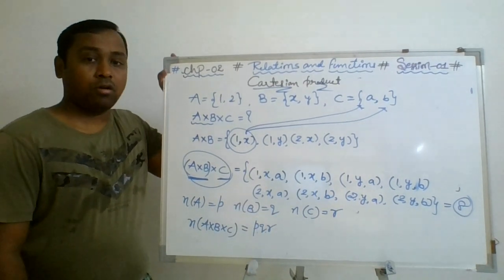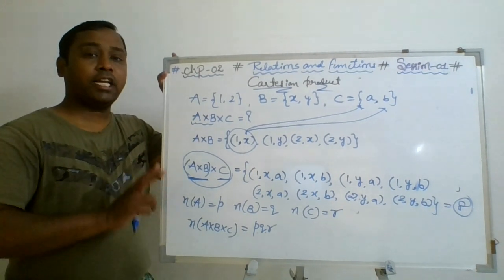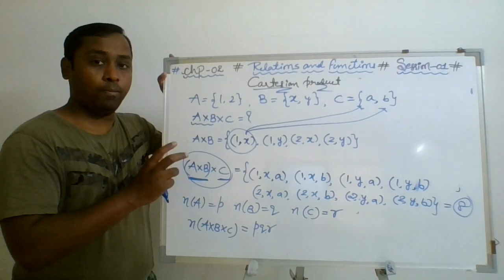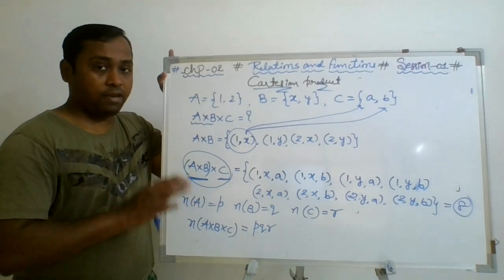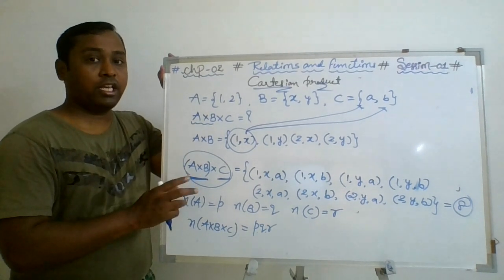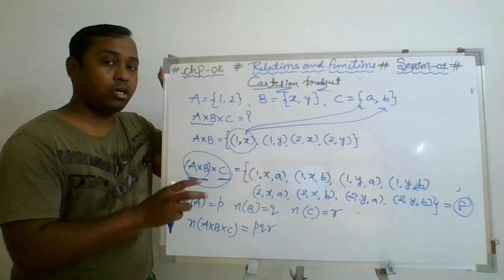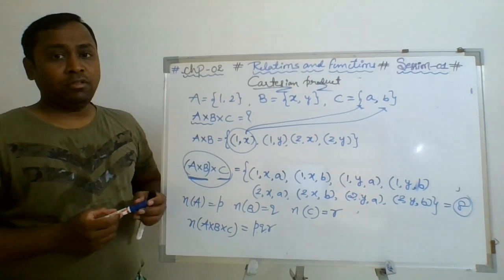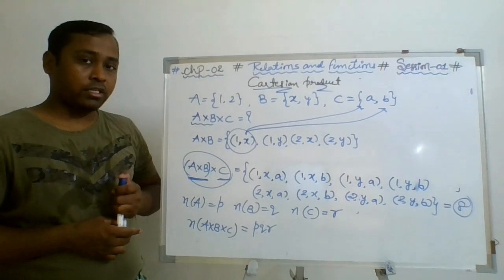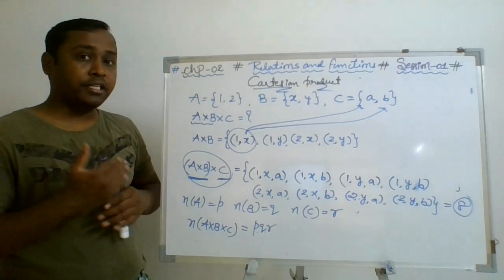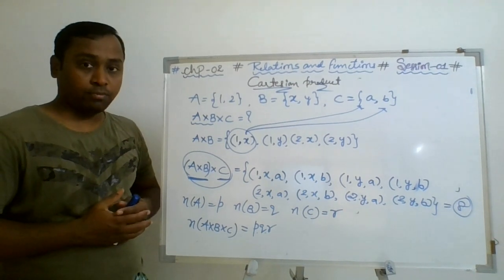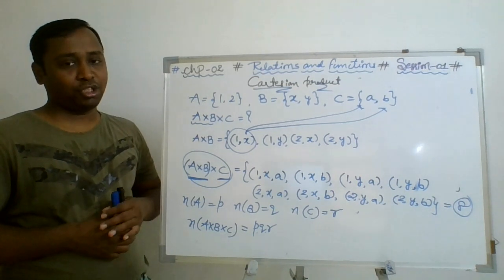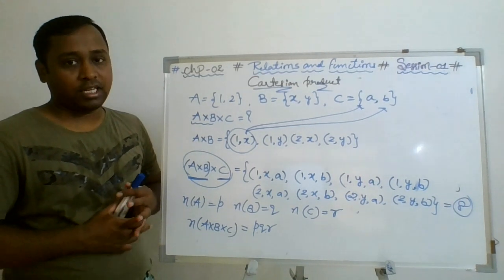So this is what an ordered triplet is. If you are taking only two sets, it will give the set, or collection, of all possible ordered pairs. If you are taking three sets, it will give the set of all possible ordered triplets. Now, as the last point of today's session, we try to understand one important question which will also give the intuition of this Cartesian product geometrically. Now we'll try to understand what the Cartesian product gives geometrically.